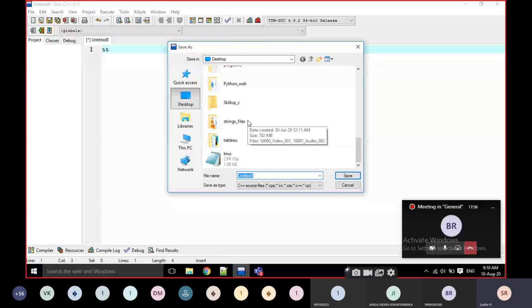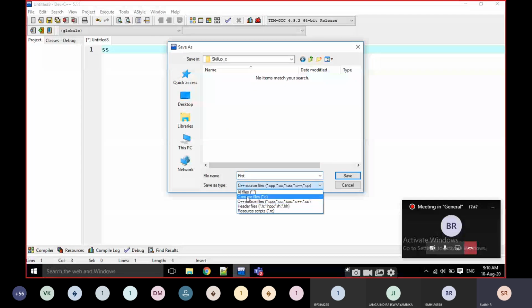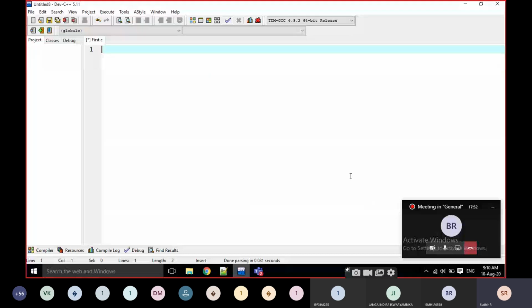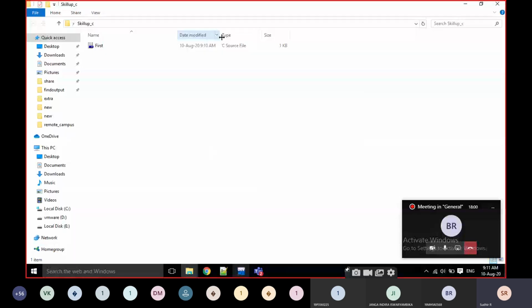Here the save type is not C programs. We have to go for C source files, save here, and remove the content. Just look here: the type is C source file. If it is a C source file, then only it will be saved correctly.